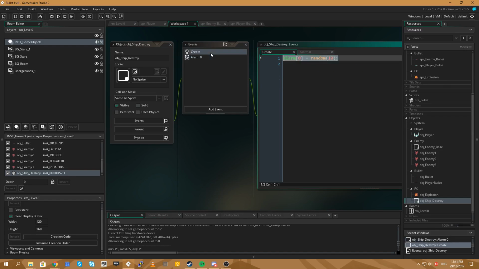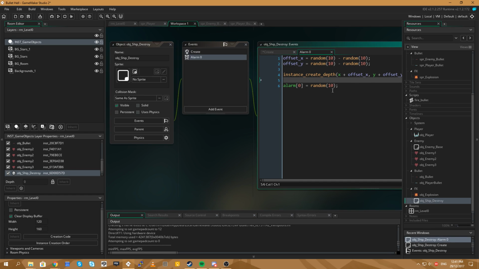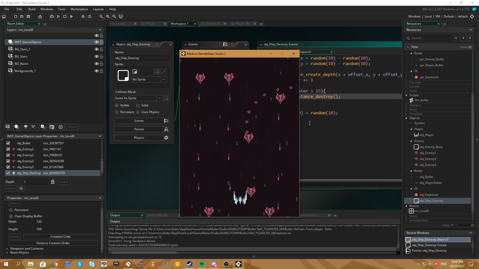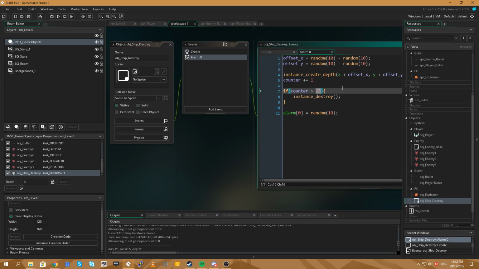And then what we'll do is we will create a counter. The counter will be 0, and then every time this happens, counter will increase, plus equals 1. And then before we trigger the alarm, we'll say if counter... This is a little bit... I wouldn't call it dodgy programming, but we're not doing things the best, most efficient way here. But, to be honest, we don't really need to. We will destroy it after 15 effects have been created. Alright, so 15 is obviously too much, so let's drop that down to 10.